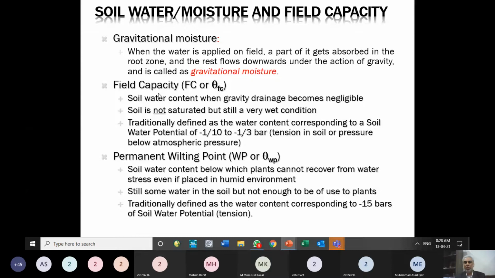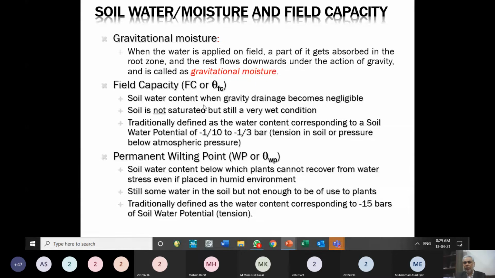Why is it important for us? Because as an agriculture or irrigation engineer, when you want to apply water, you should try to reach field capacity, not beyond that, not to the saturation level, not to the runoff level. So we have to put that much water which just fills the soil pores up to the field capacity moisture content. So that is its importance for us, and that's why it is being informed to you. You should know what the field capacity is. It is a well moist soil,